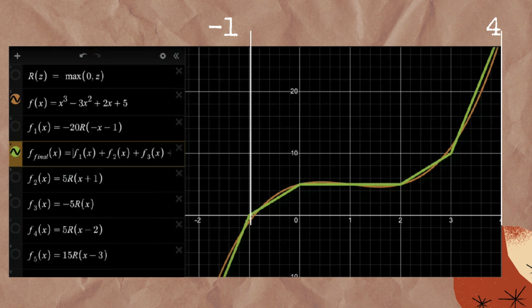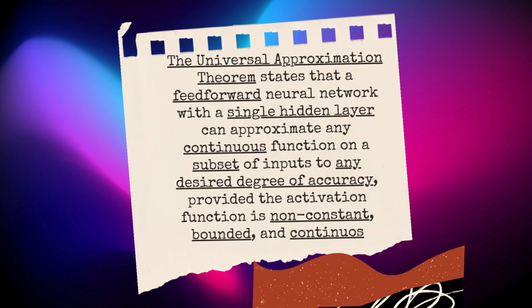You could think of it that way. And the 5 transforming the ReLU function, the +1, all of those little parameters are the weights and biases that we can tweak and alter to better fit the function. And yeah, so you could have any number of neurons